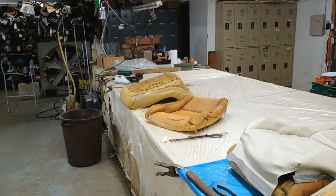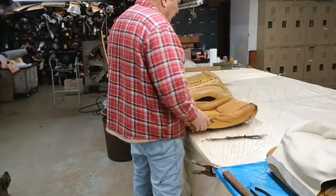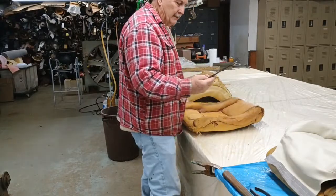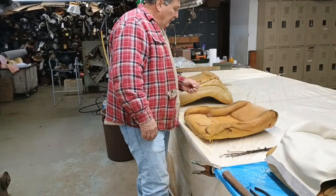We're working on some Corvette seat covers. These have the 2-inch bolsters. We still got to do some wiring and stuff on them, but here's some of the wires Wesley cleaned up that come out of the originals. But what we're going to do right now